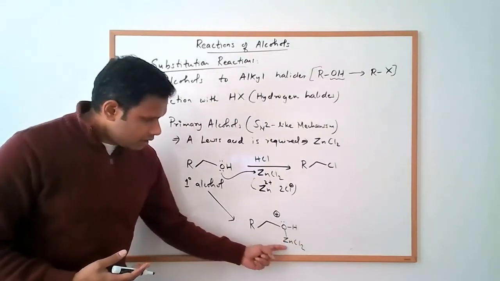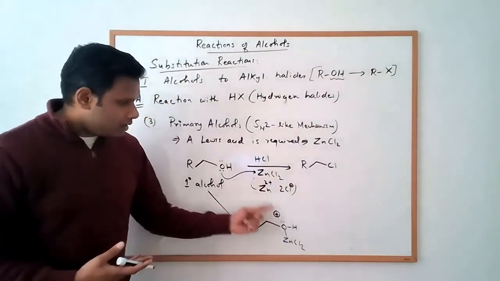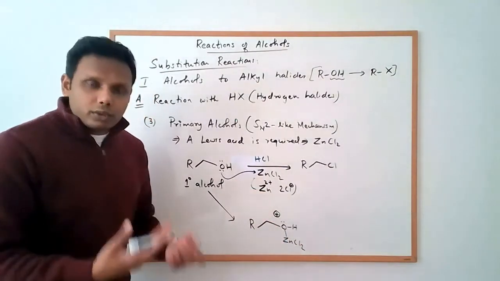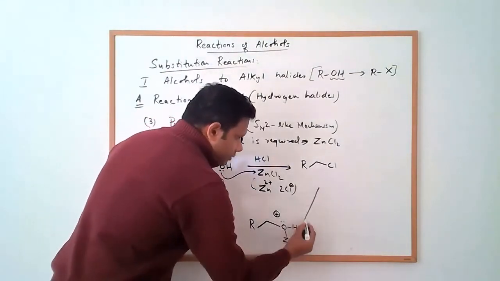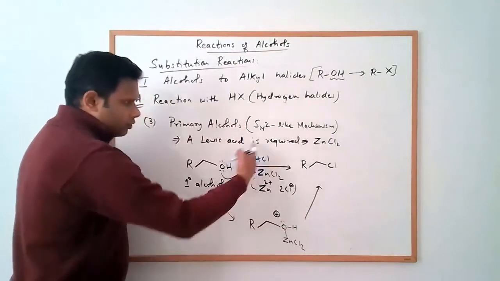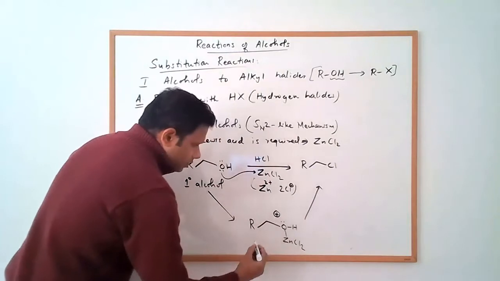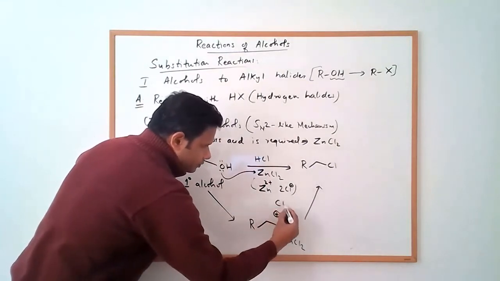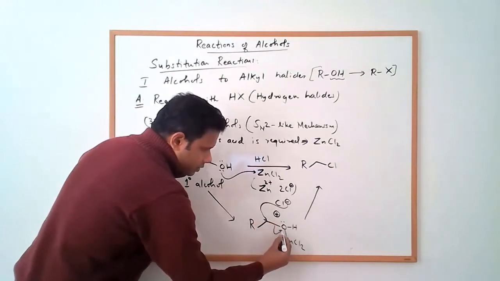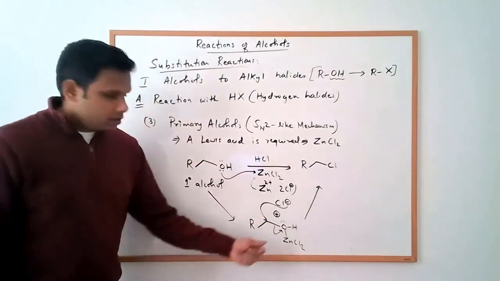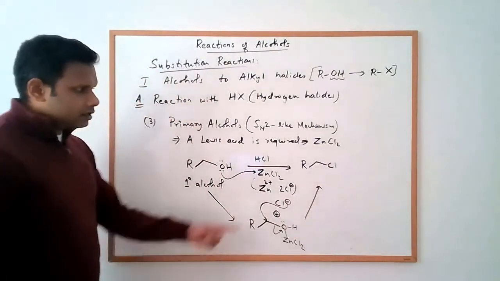The only difference is instead of the proton here, it's the zinc chloride that helps to make this alcohol a good leaving group. Once this happens, we have chloride around because we have HCl. So the chloride can come and attack this carbon,